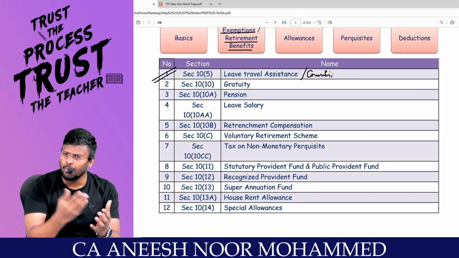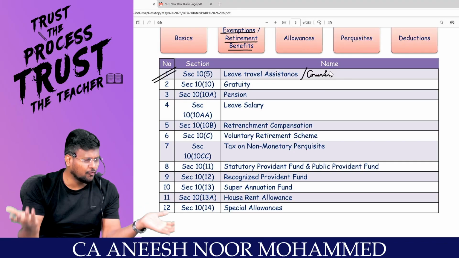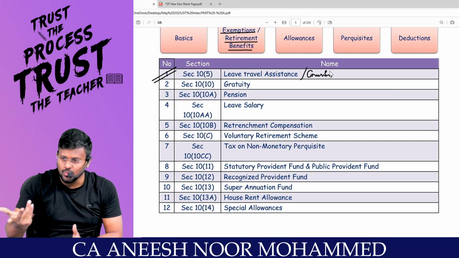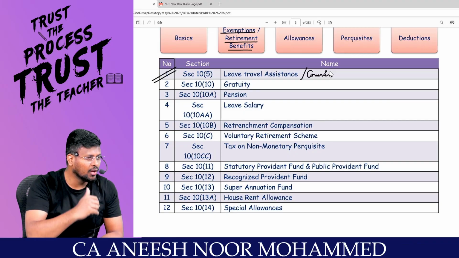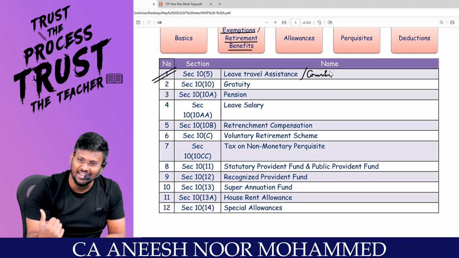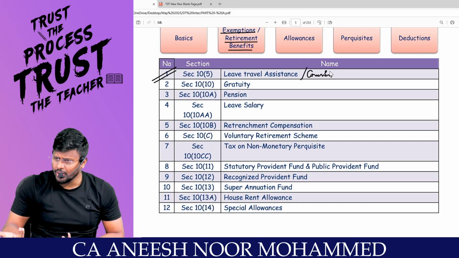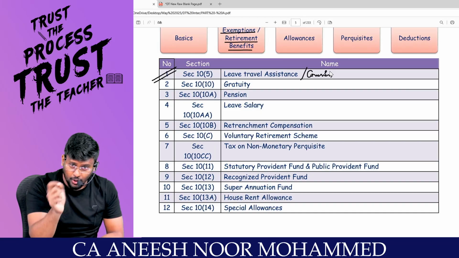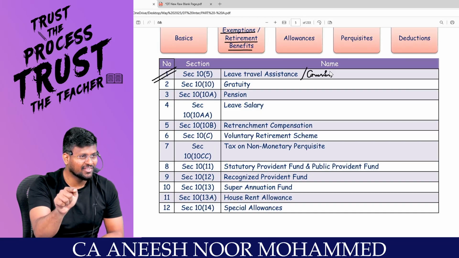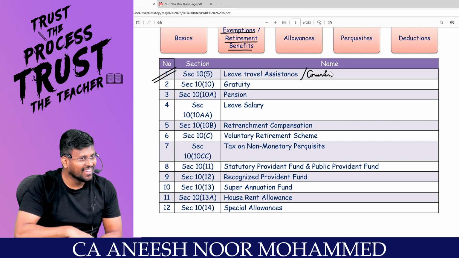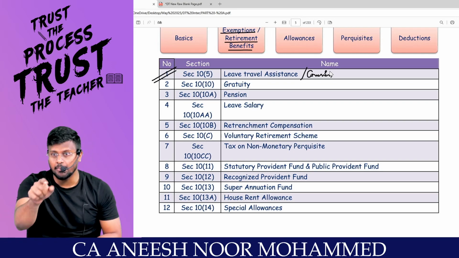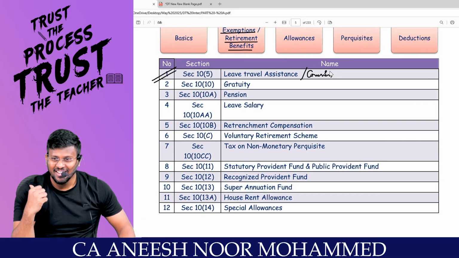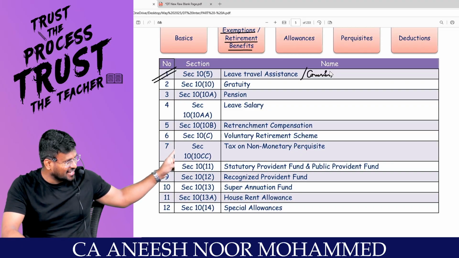For example, you are an employee. You may take a leave and go for a tour. Why? Because you have worked so much. Are you really with me? You just want to take some rest and go for a tour. Who is going to bear the expenses? The employer is going to bear the expenses. Actually, it is an expense to the employer. You are going for a tour along with your wife. For that, who is going to spend the money? The employer is going to spend the money. It is an income to you. Actually, for your wife, you should spend. But who is spending? So actually it has to be included in income from salary.